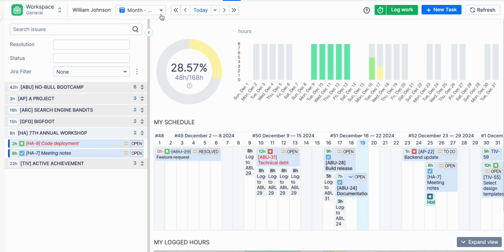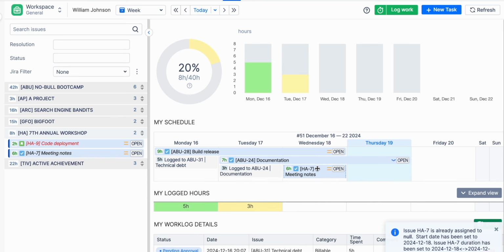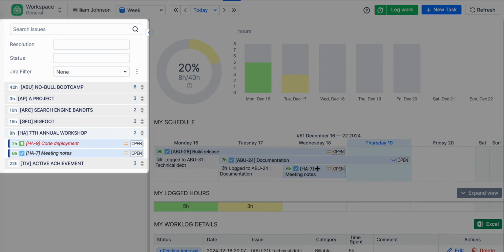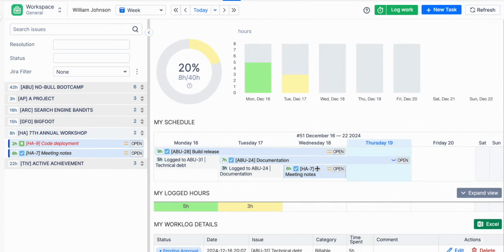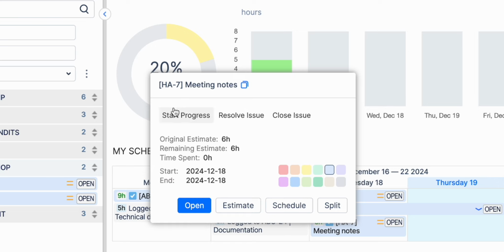If you have the right permissions, you can plan your schedule effortlessly by dragging and dropping tasks directly from the issue panel. It displays your backlog and includes filters to help you easily organize and manage your tasks. When you click on the task, you'll see key details like its deadline, status, and time estimate. Additionally, you have the flexibility to make updates, adjust the estimate, change the task dates, or update its status to